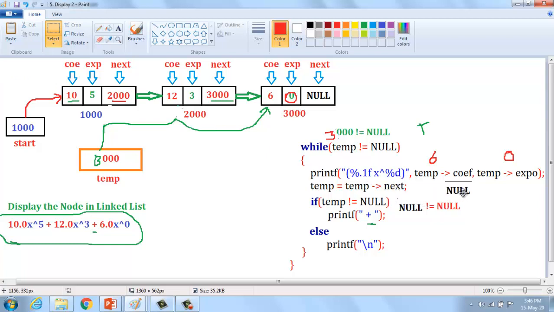Here temp value should be changed to temp equal to null. Okay, you understand? Here automatically temp is null. If null, it means this temporary pointer could not link to any node in the list.